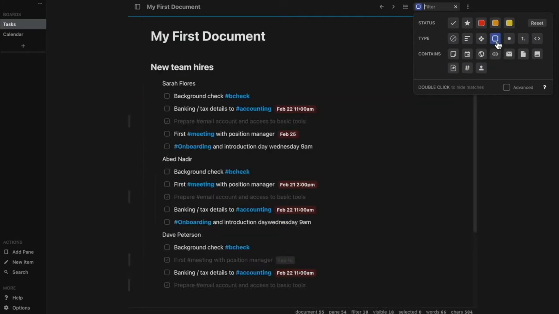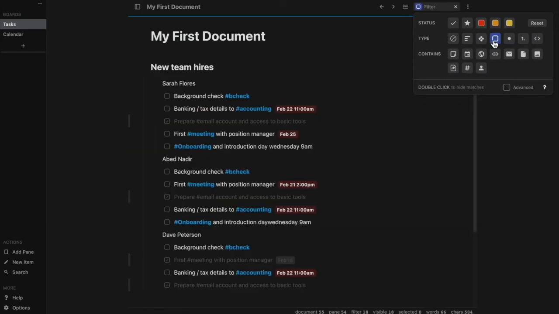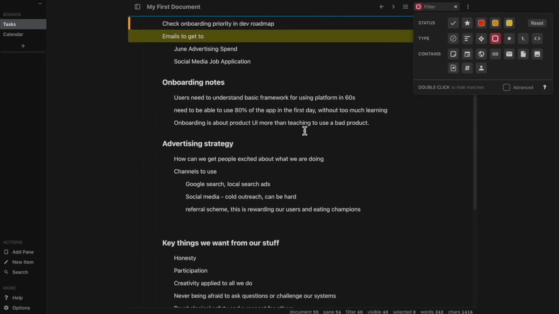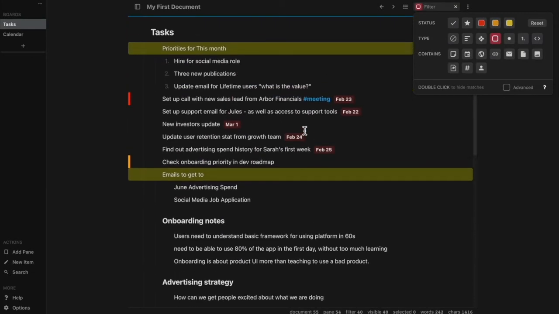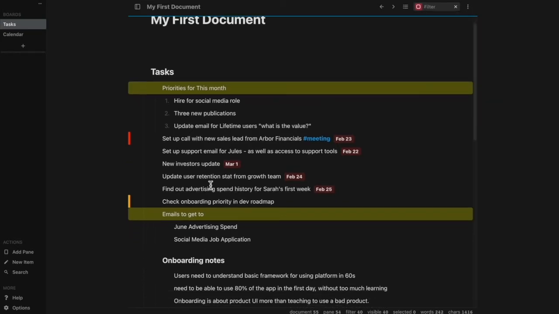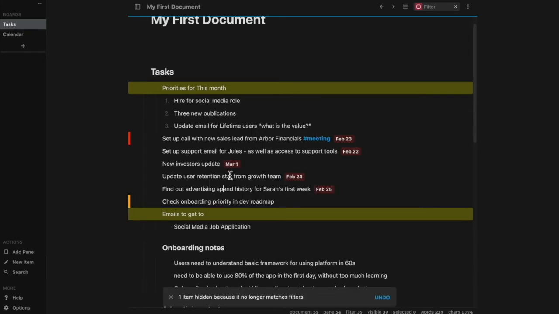So you can see I've filtered this document to display only the task items. The other basic interaction is to use a double click on any of the items in the filter menu to hide that type of item, shown here with the red check mark. And so you can see that I've filtered this to hide any task in this document from view. And this is live filtering. So if I change this item to a task, you can see that it disappears.